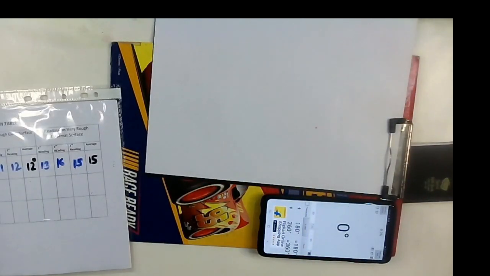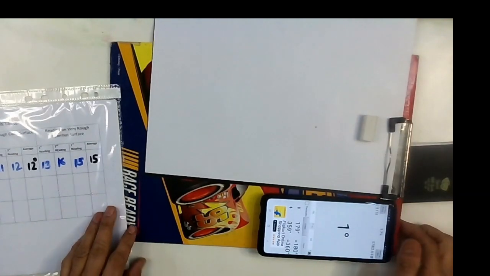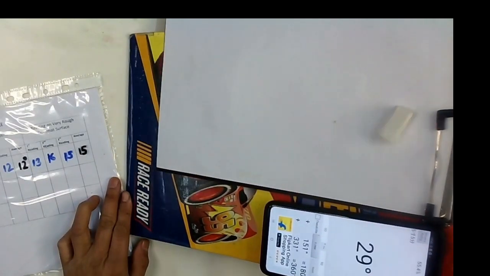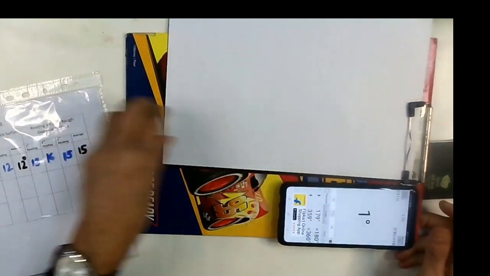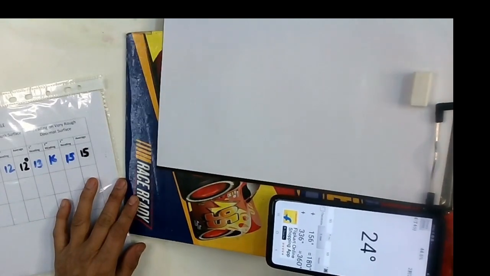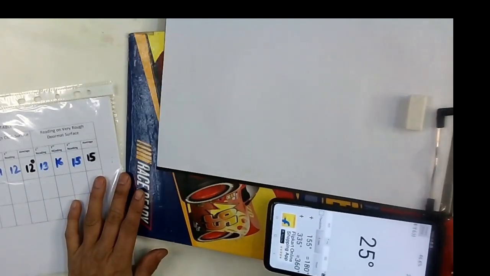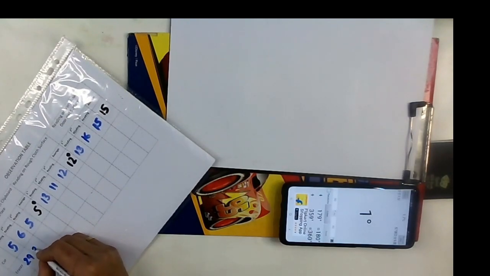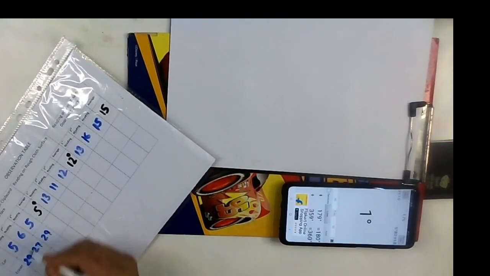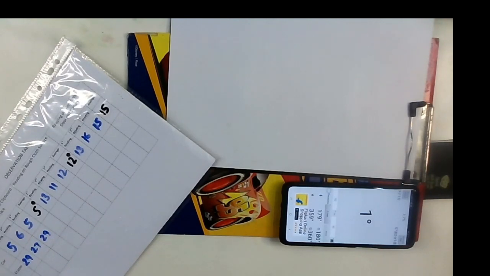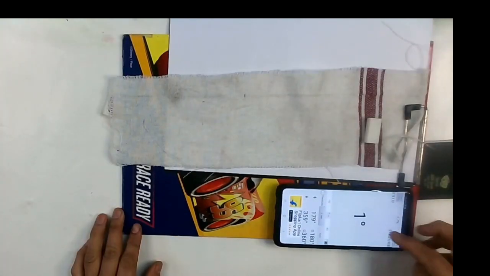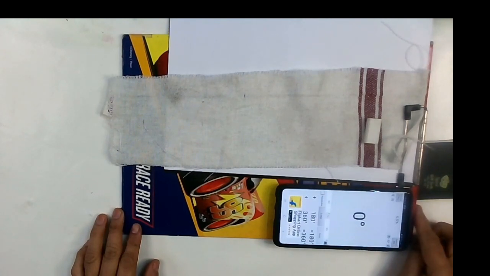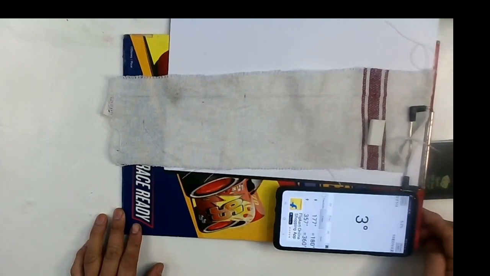Now I am using the eraser here, with the same inclinometer. Look at the angle here, 29 degree. 29, 27, 29. Average is about 28 degree. Sometimes this angle may not be exact, 1 degree, 0 degree or minus 1 degree, it doesn't matter. It's okay, you can start.